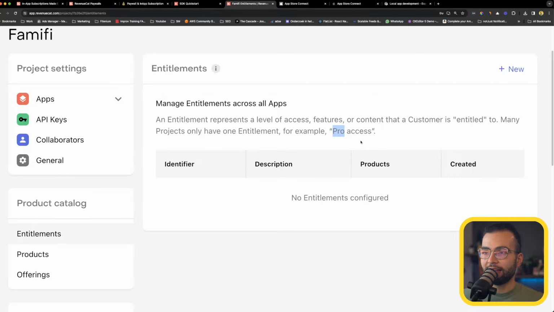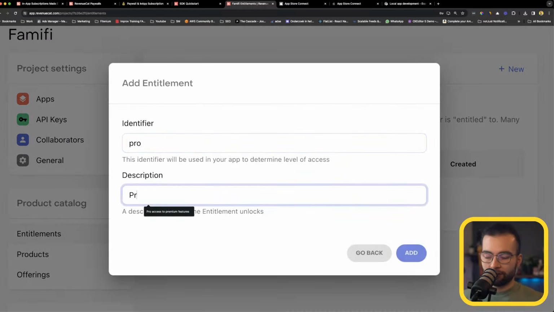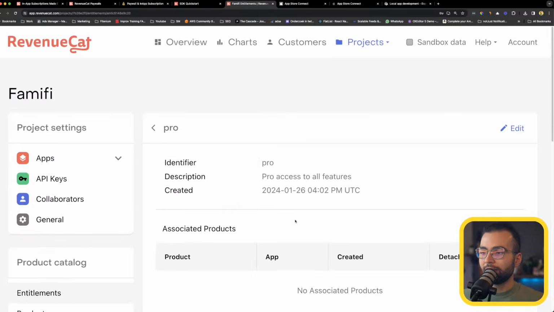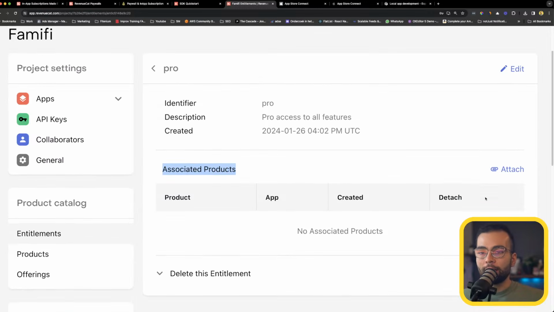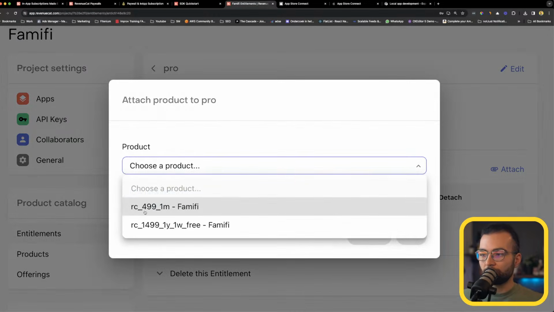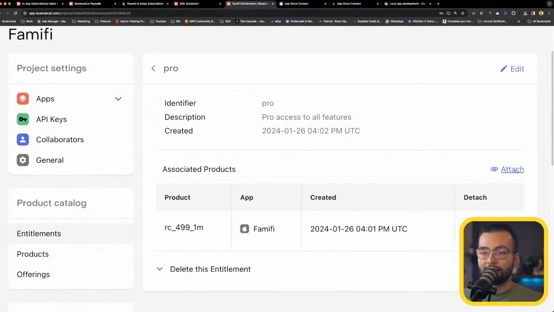So let's go ahead, and in our application, we're gonna have only one, and let's call it Pro Access to all features. Let's create this entitlement. Let's open it up, and we see that it doesn't have any associated products. By associating products, I'm gonna click here, attach, and I'm gonna choose the first one, click add, and also the